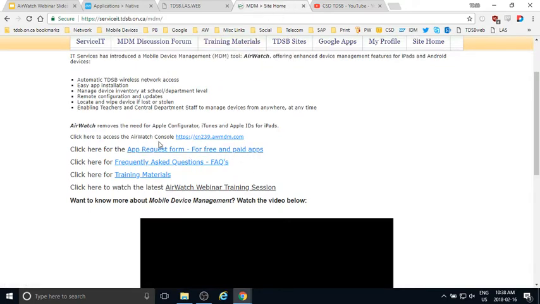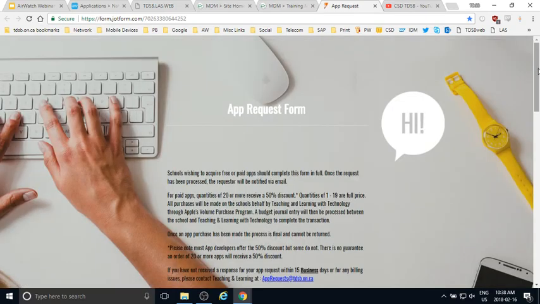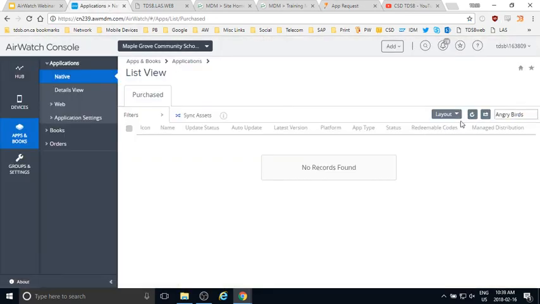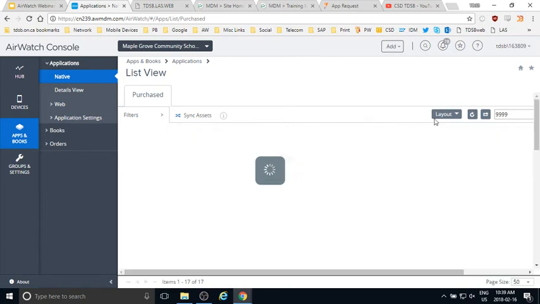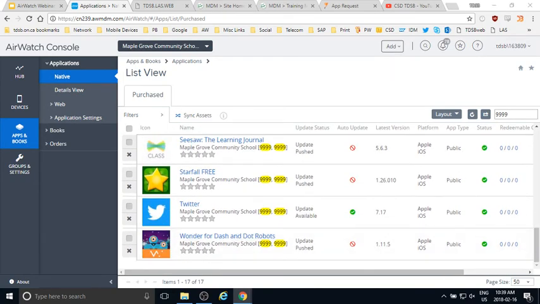But why I wanted to show you this page in the first place, right? The app request form here. This is where you would fill out your app request form and where we put in all the apps for AirWatch. So all those apps that you saw here, Angry Birds wasn't there. All these apps got here by submitting the app request form.